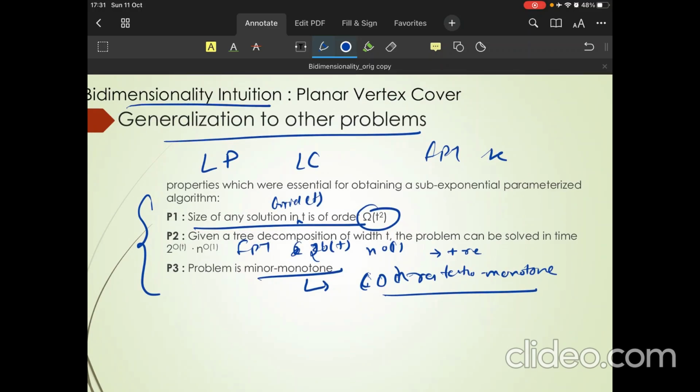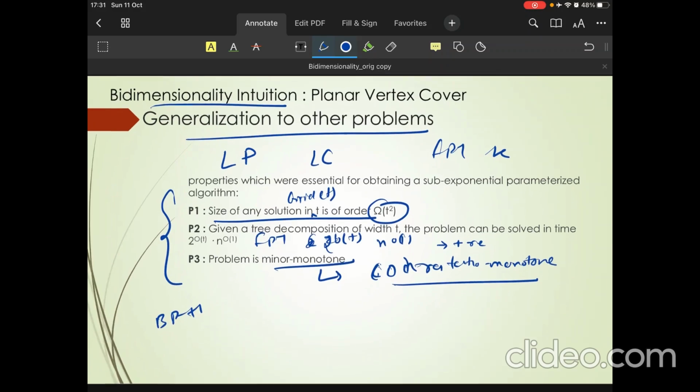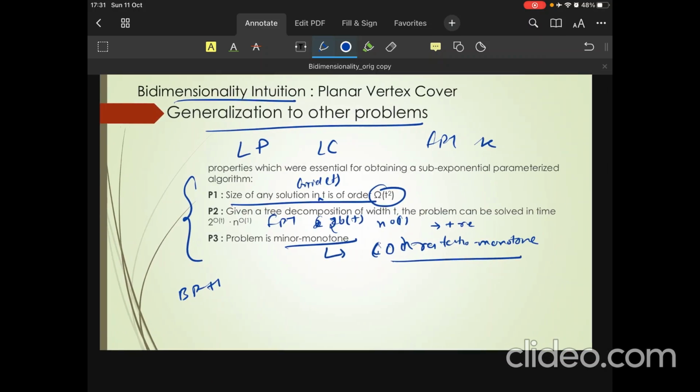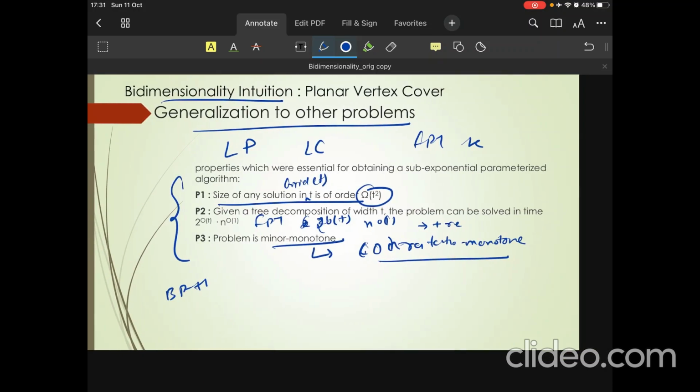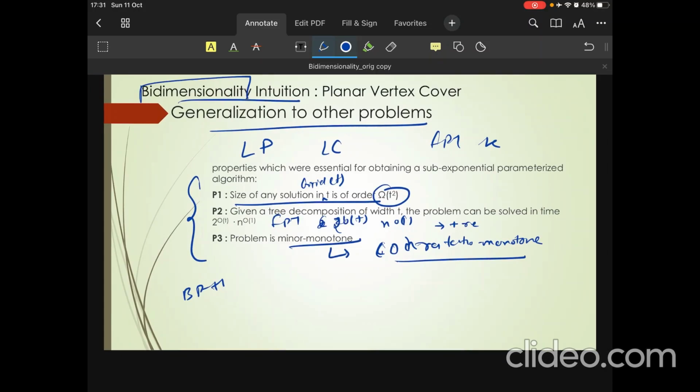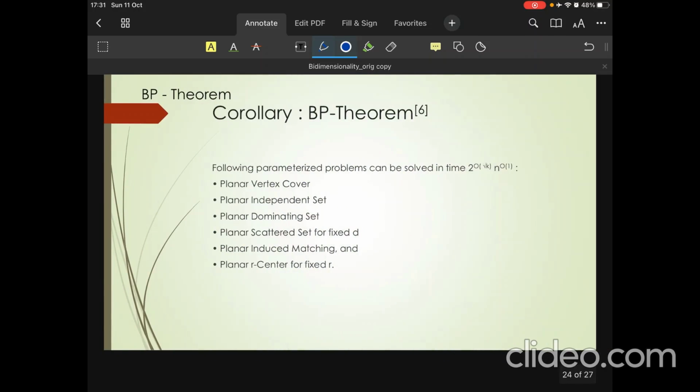So this intuition is what made us define bidimensional problems, and the two theorems, the BP theorem and the parameterized tree width bound. This is the intuition which led to the definition of bidimensionality. We'll now also give some corollaries of both theorems. So the BP theorem